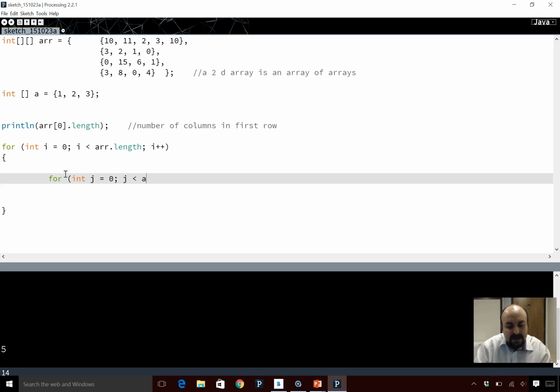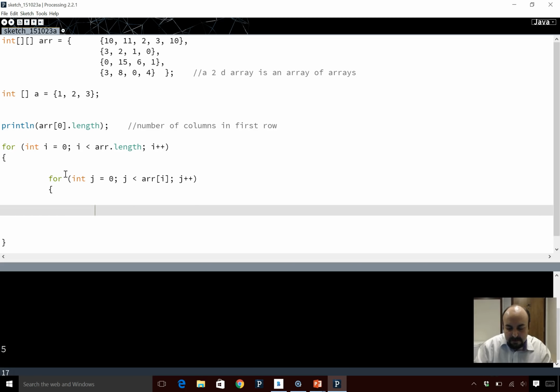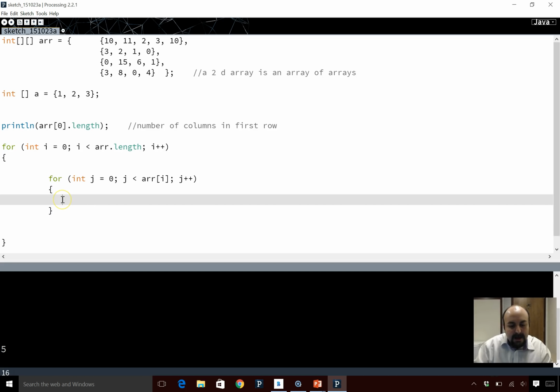So j less than r index i, j plus plus, and in here we're going to print r row i index j,